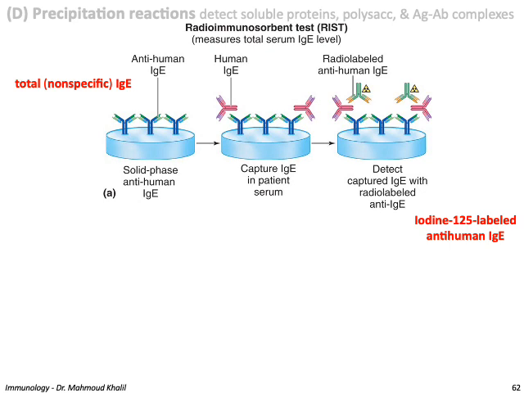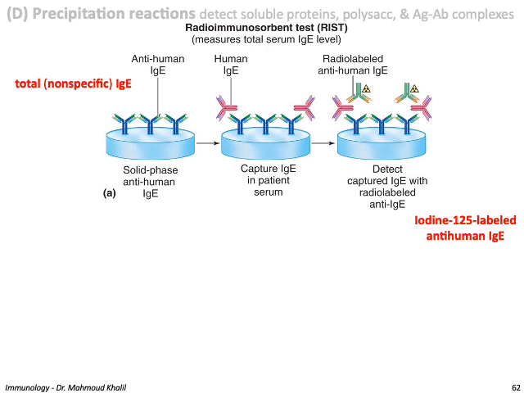So you can see here a simplified figure for RIST, which measures the total serum IgE level. You have a solid phase that has anti-human IgE, and then you incubate with human IgE. You can see that there is a capturing of IgE in patient serum. Then you add the detecting iodine 125 labeled anti-human IgE. The amount of radioactivity recorded reflects the amount of IgE, and this is a measure, as we said, RIST for